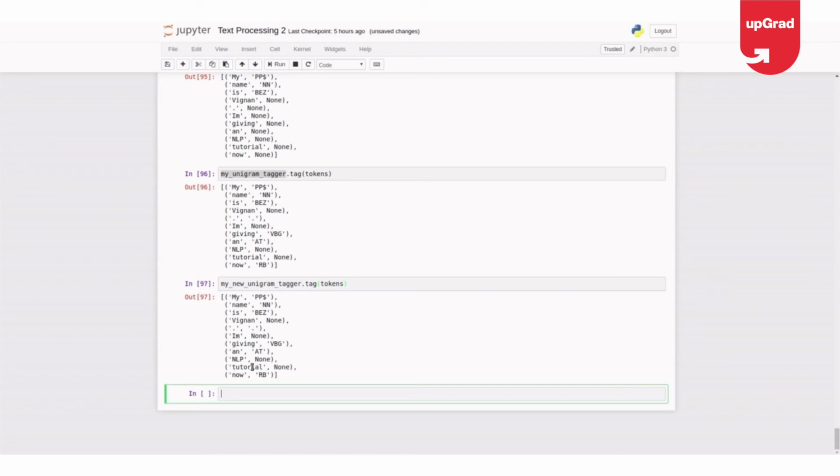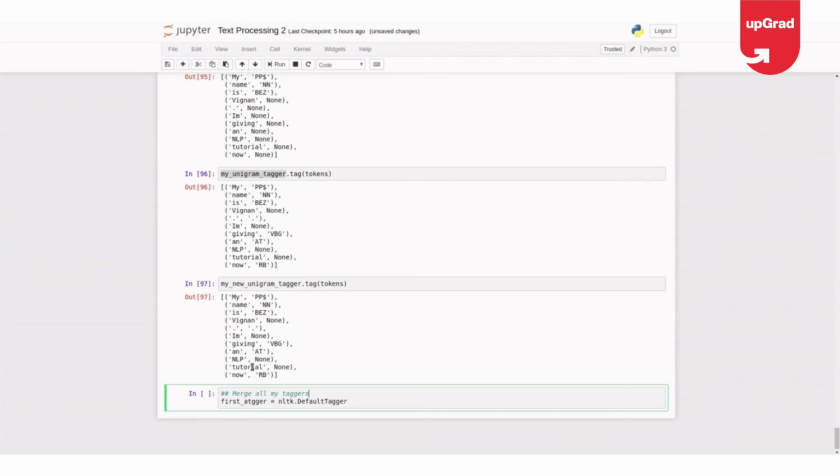Okay, so fine. First tagger was default tagger, NLTK dot default tagger. The concept is to merge all my taggers.